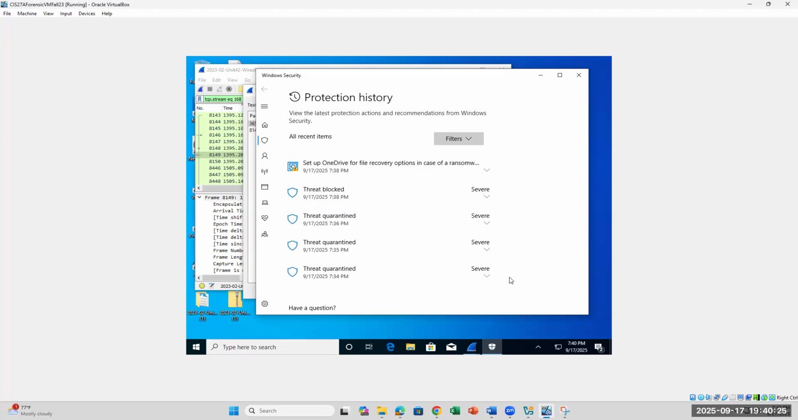Yeah, each entry is a fact. Where it says destination, that's a... It will be the first one, the one with the .exe file. Yeah, it keeps quarantining my thread and it's blocking it, so